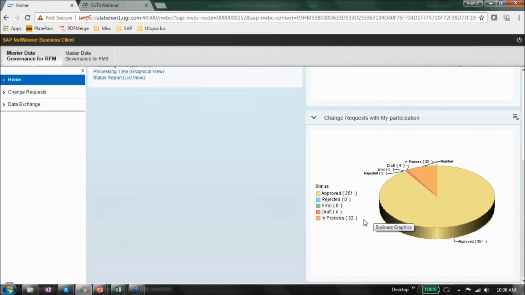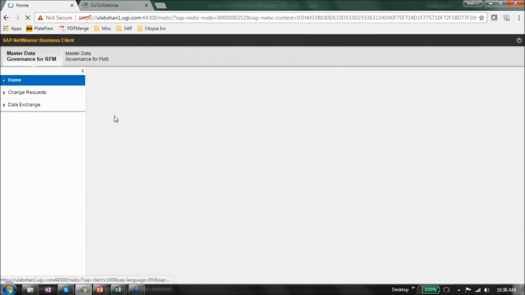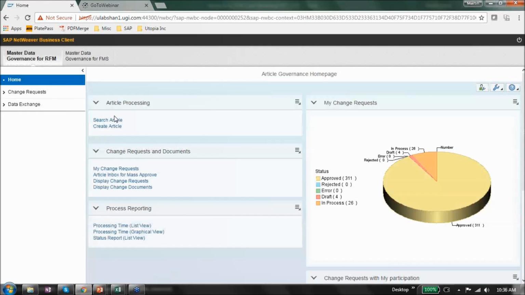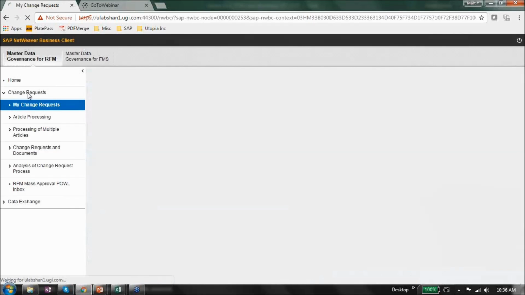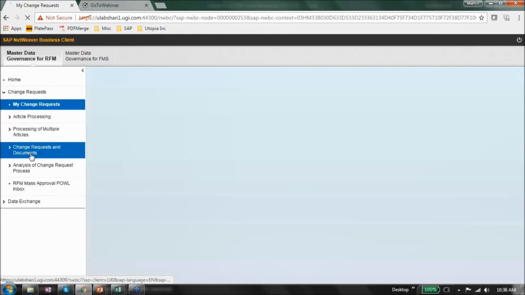As of now, I have 32 that I need to process. Right? There's 4 drafts. There's no error and no rejected. So it actually looks pretty good, but 32 is what I need to work on. So I can process those one by one, or I can simply go into our mass change cockpit.